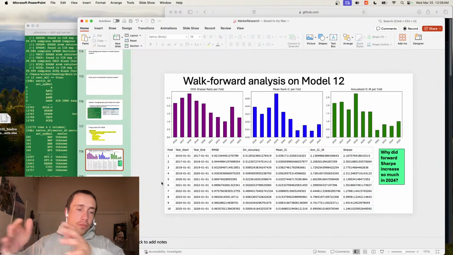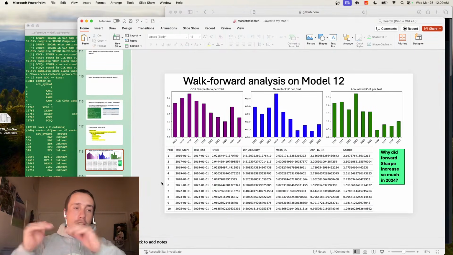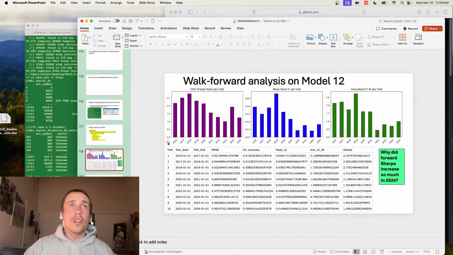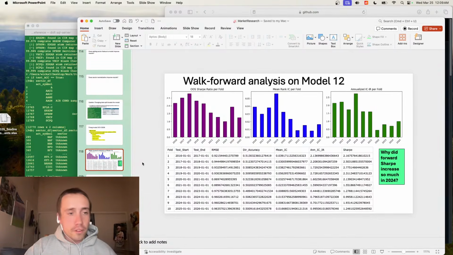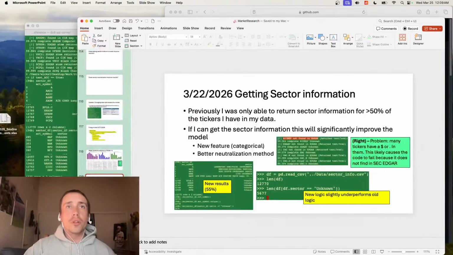So take the performance of the metric for the day and subtract the average of the sector. Since I only need to squeeze a little bit more performance out of the model, I think these two things should be able to do this. And so I need to focus on getting sector data. Just like the fundamentals, the best way to do this is the SEC Edgar database. They have information for everything that's been listed, and one of the pieces of information they have is the sector. So I've been going through and trying to get the sectors.